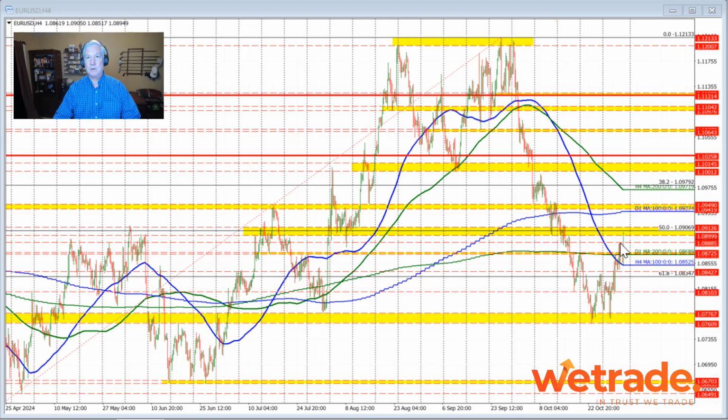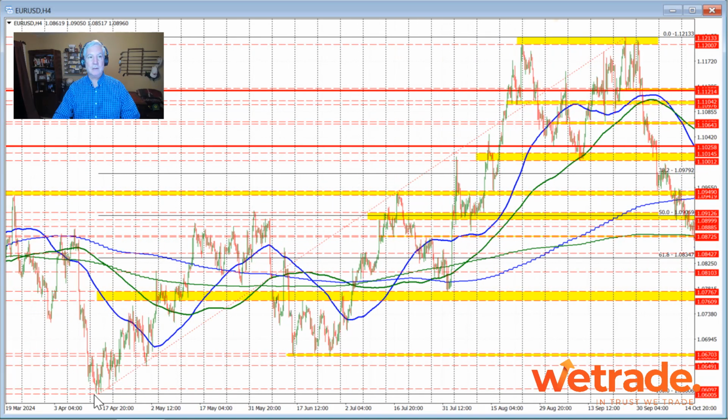I just put a horizontal line against that level because it was a high price earlier today as well, before the market moved back down and tested the 100-bar moving average on the 4-hour chart before the data, and also moved back below the 200-day moving average. The data has pushed the price above the 200-day moving average and above the high prices from earlier this week, but we fell just short of the 50% range of this move up from the low price going back to